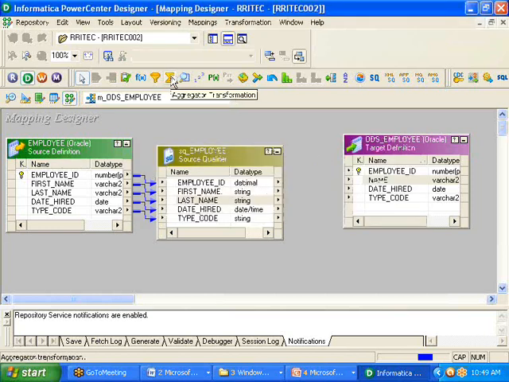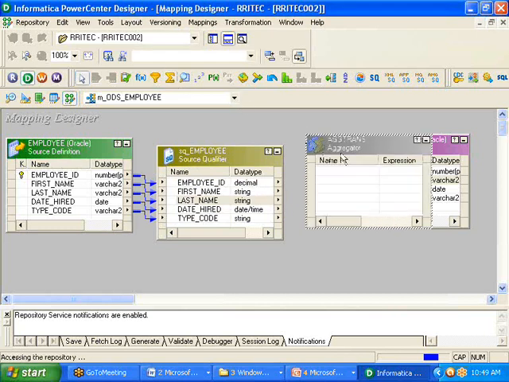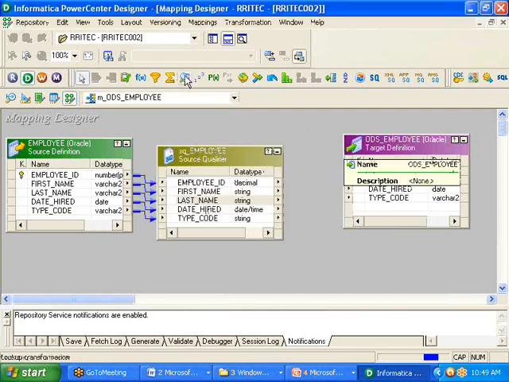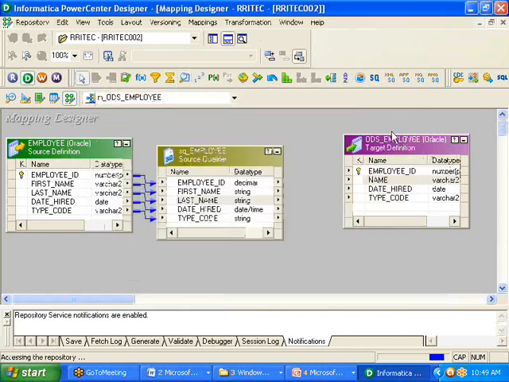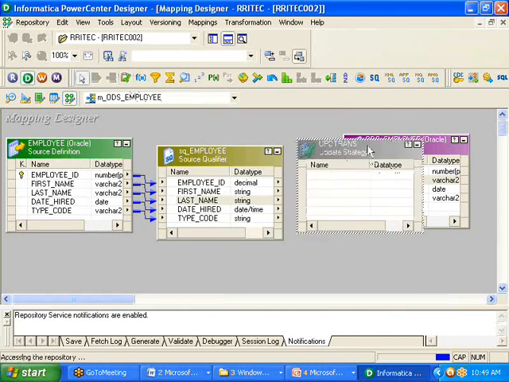If I want, let us say tomorrow, some other transformation, aggregator transformation, I can click on that one. I can click on here. We are getting what, sir? Aggregator transformation. Down the line, if you want a lookup transformation, you can click on that one. We are getting what, sir? Lookup transformation. So what I would like to say is, simply you need to click on that one, and you need to click on here, then automatically you get the corresponding transformation. This is one way.